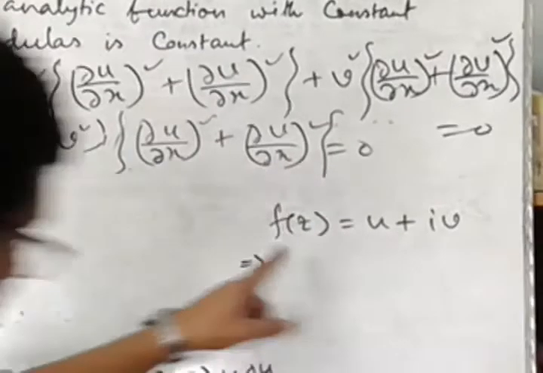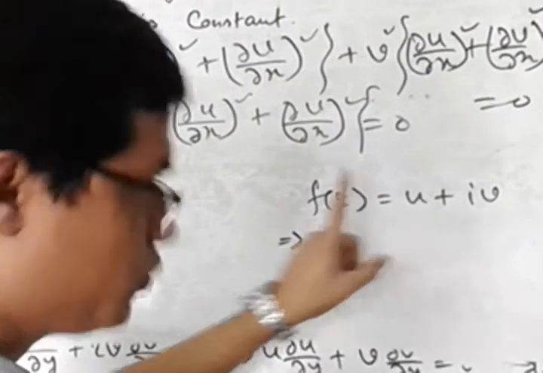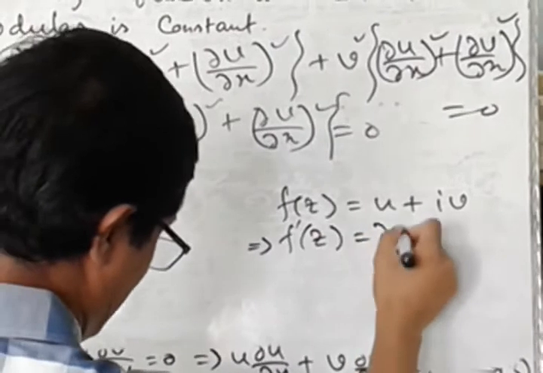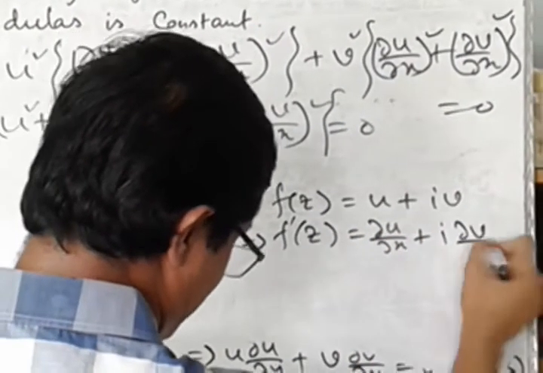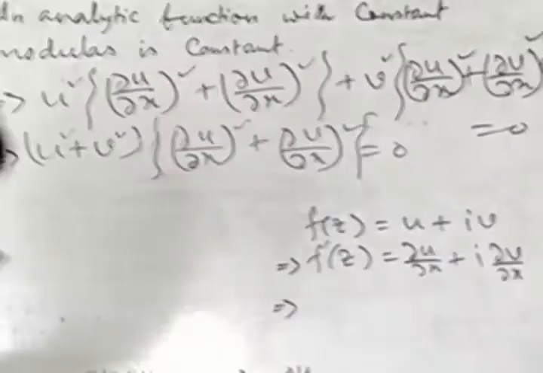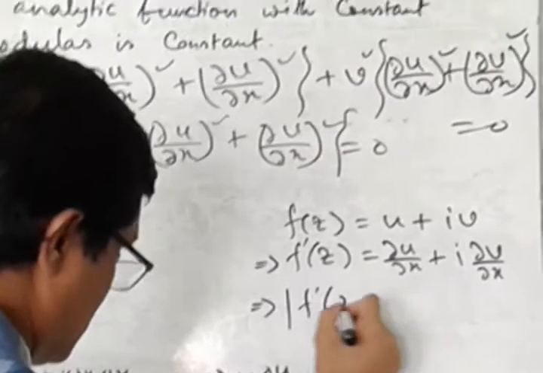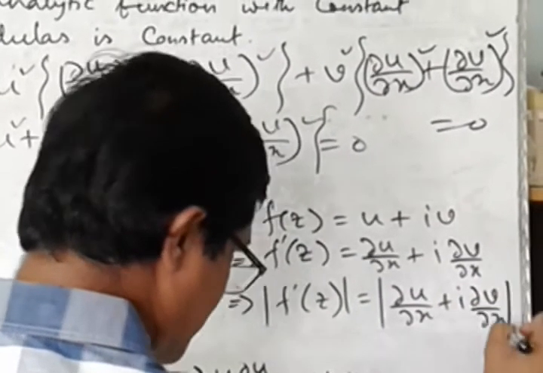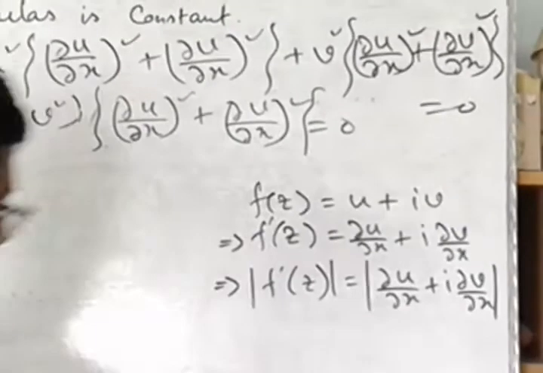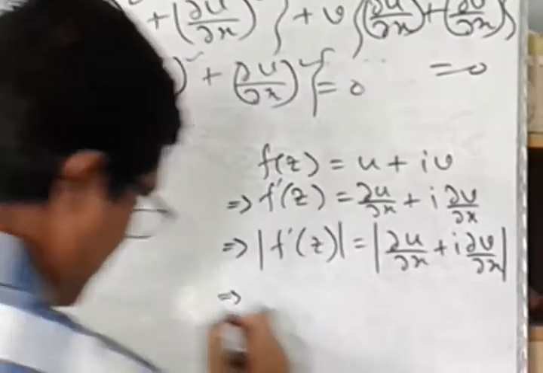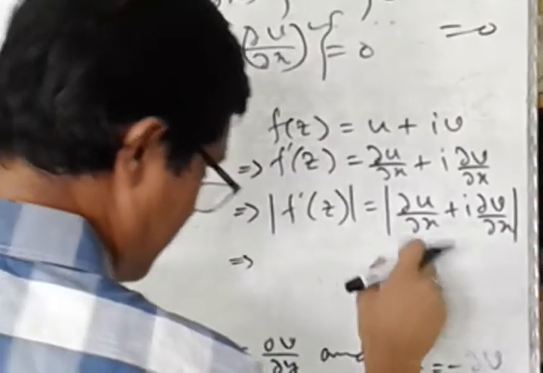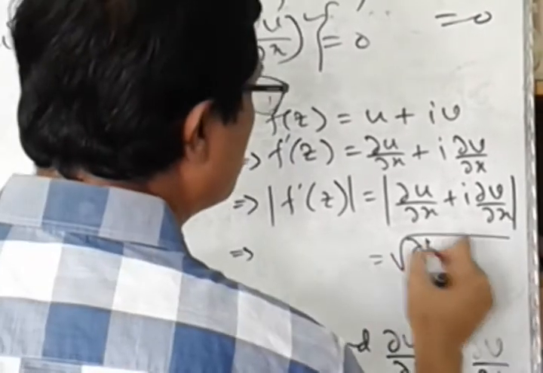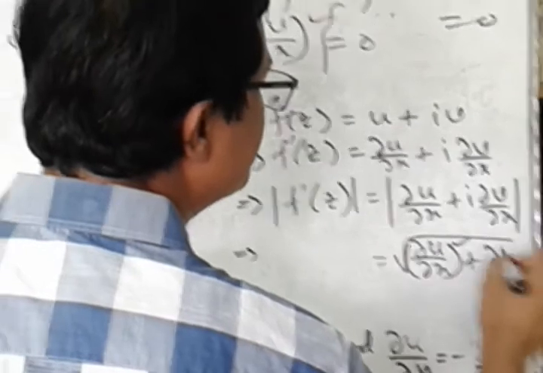So if we differentiate this with respect to x, I mean partial differentiation, we get f prime z is equal to del u by del x plus i del v by del x, obviously, and if we take the modulus of f prime z, by using the modulus formula here, it becomes del u by del x whole square plus del v by del x whole square,